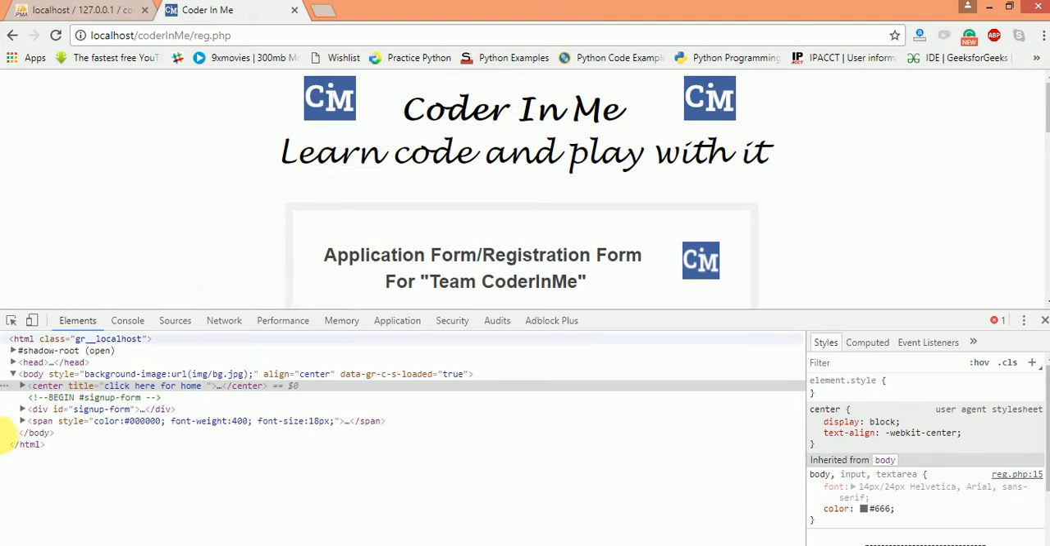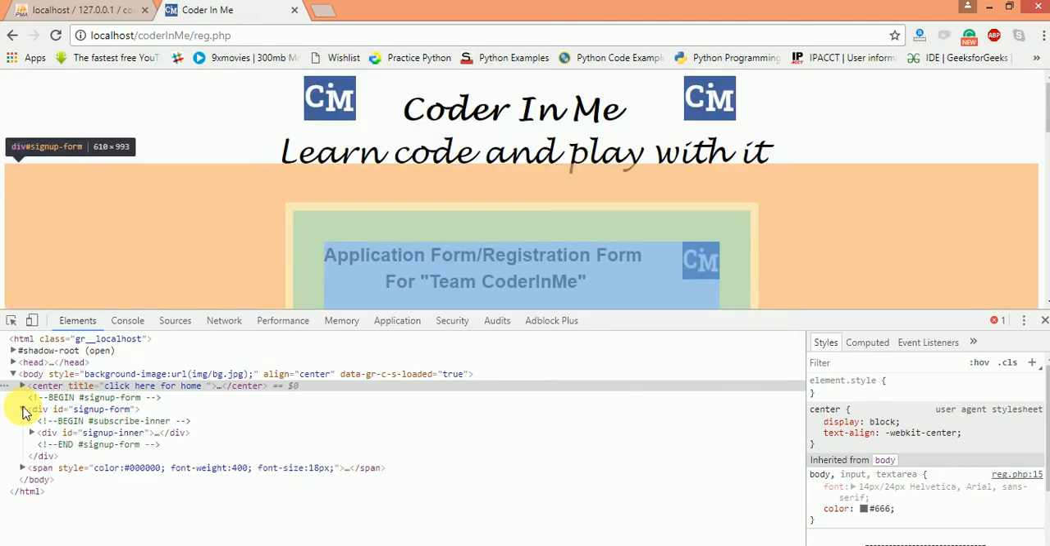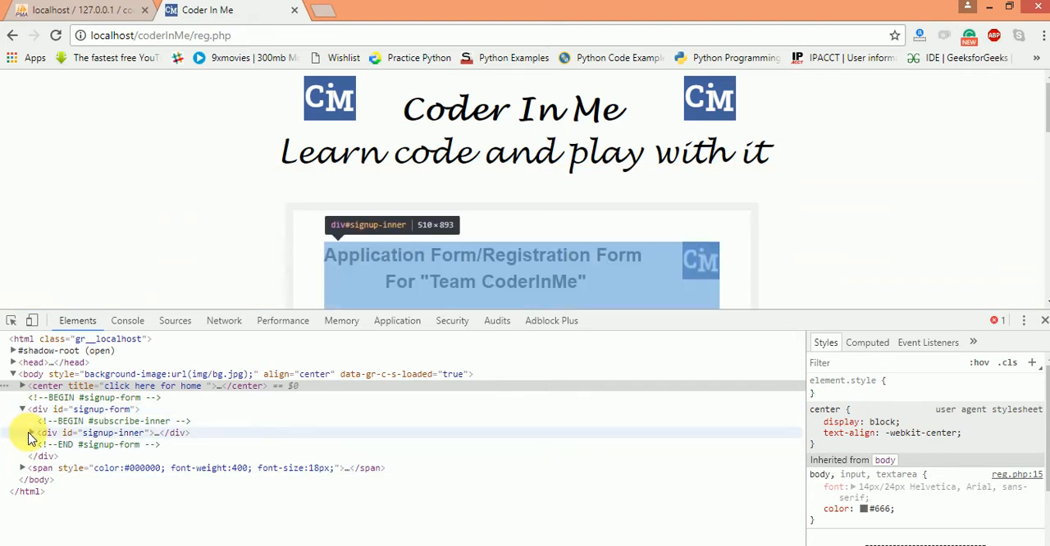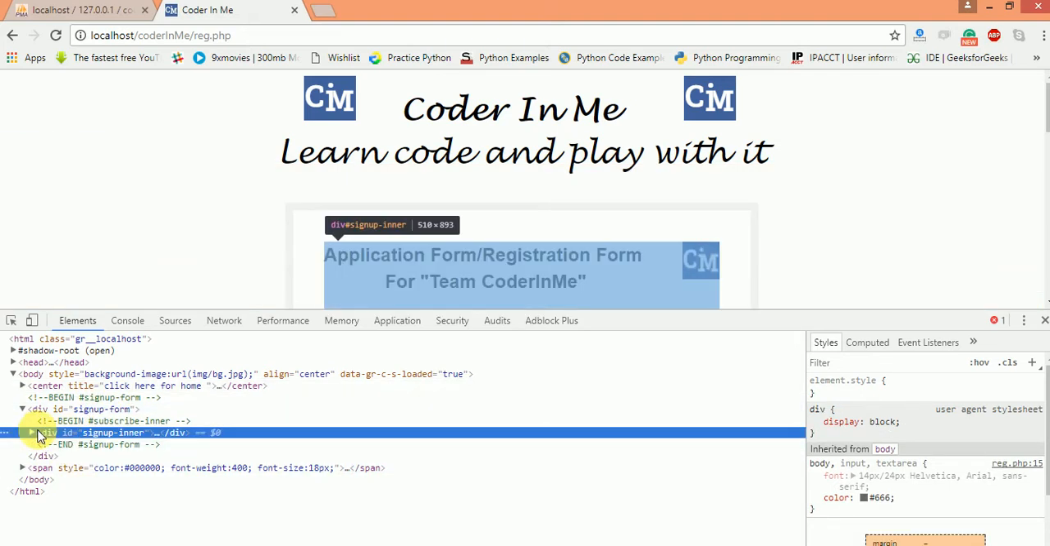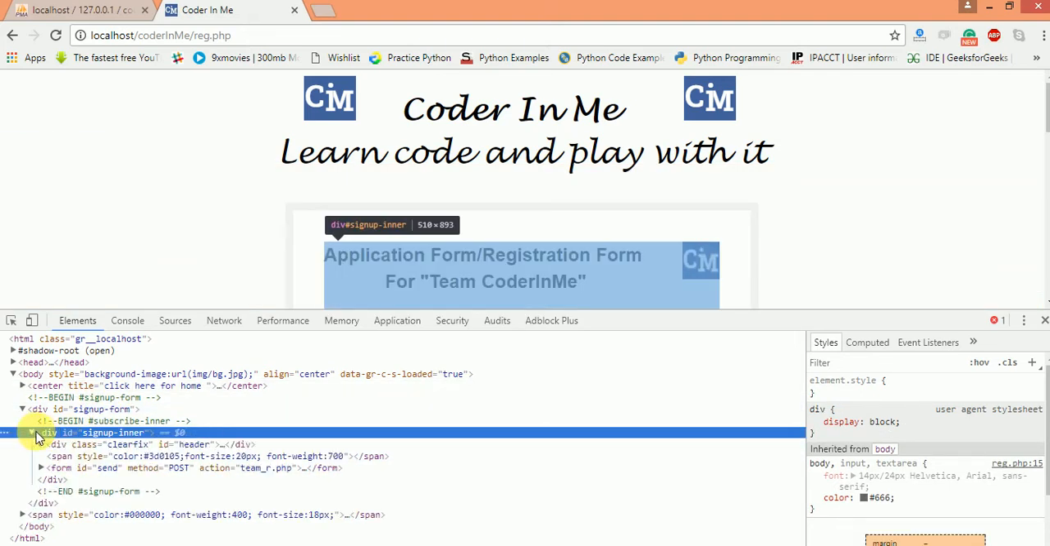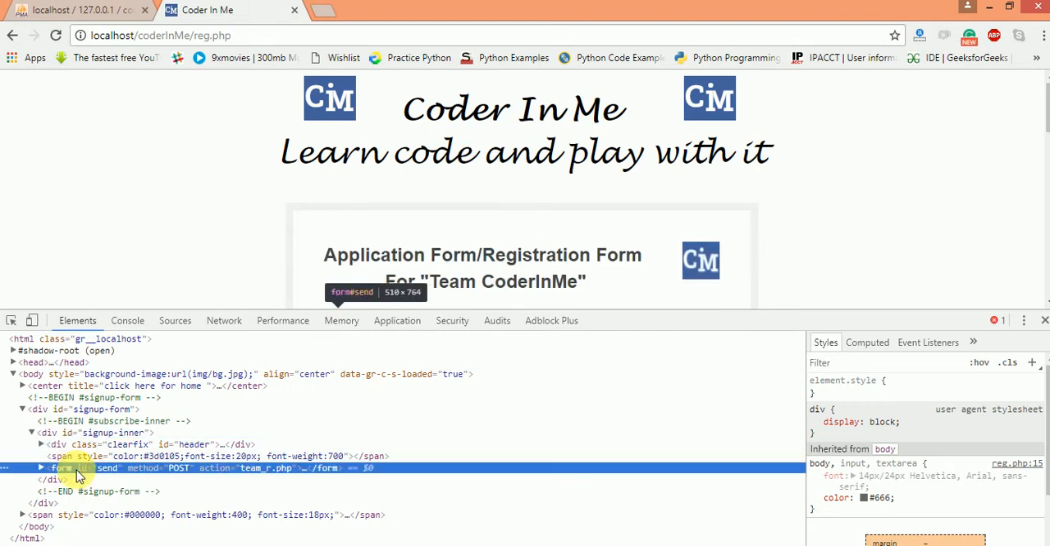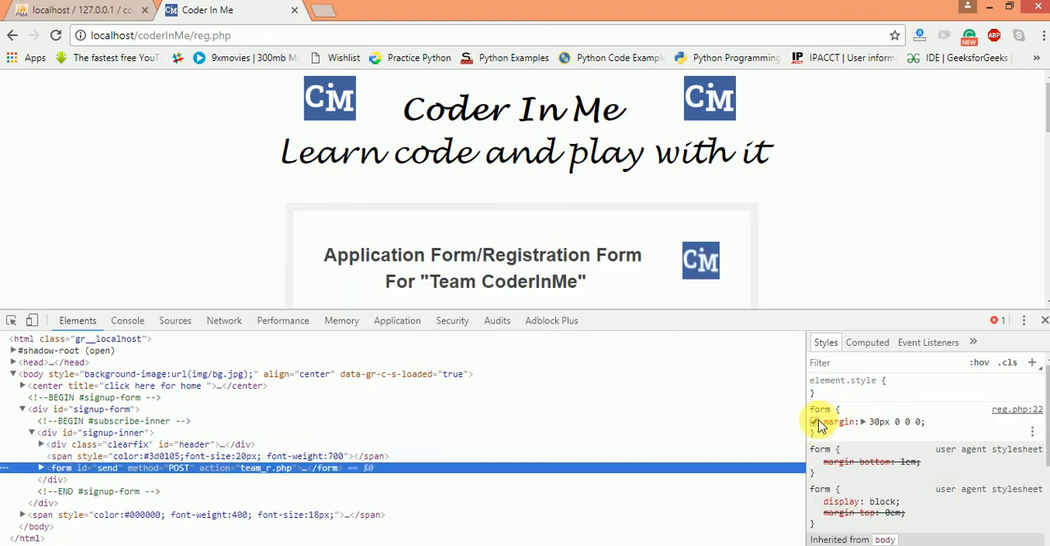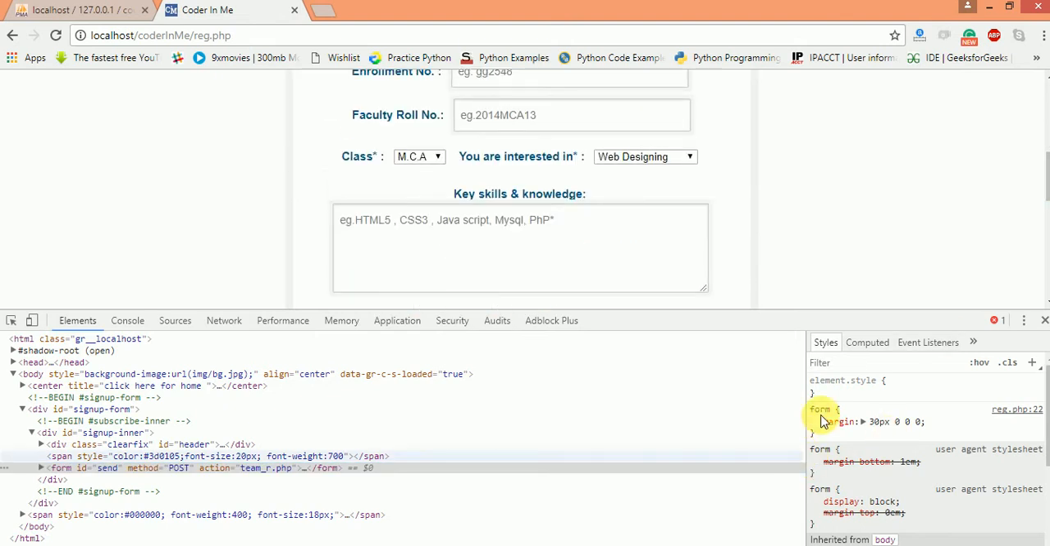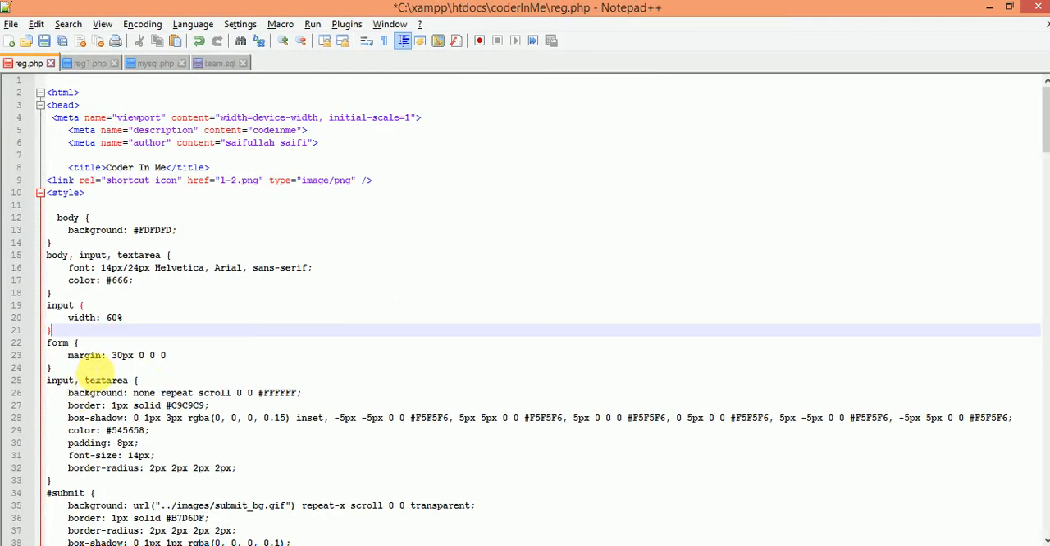In the type, it is a division, a new inner division, and in that inner division I have a form. That form has some margin here, and I can tell you how. That is used here. If input type is equal to text, or for any text area, what we want is